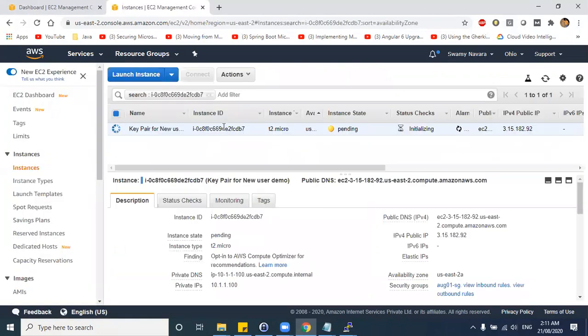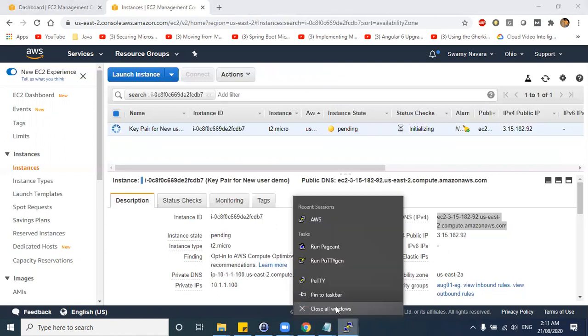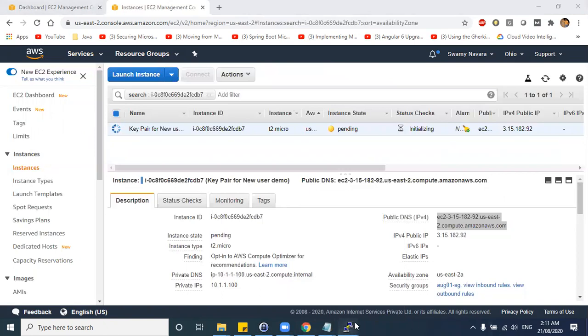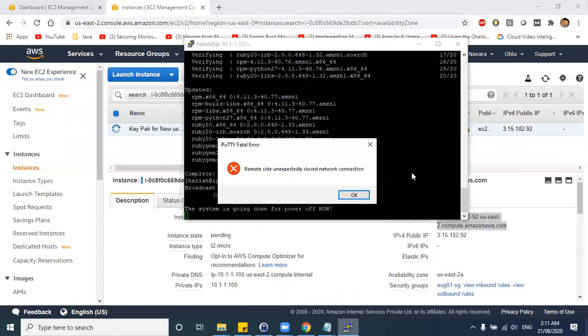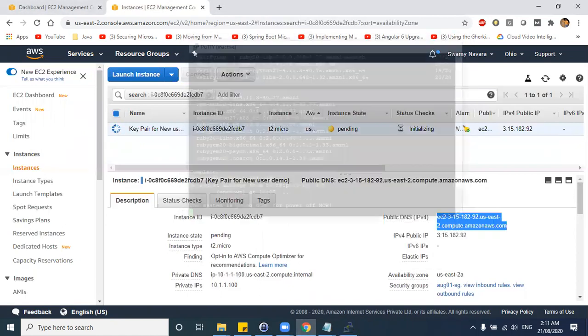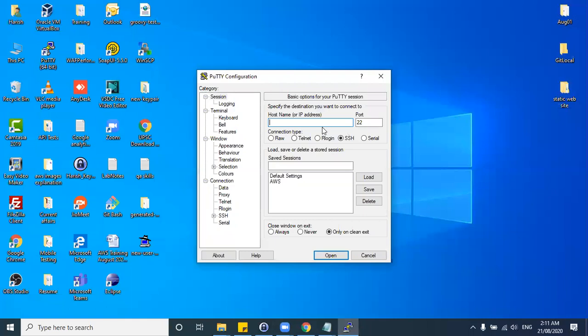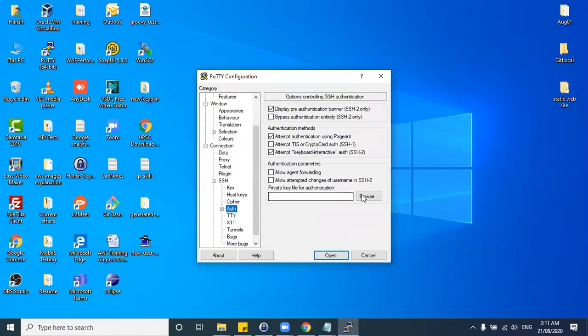After logging into this EC2 machine, I will generate a key pair for a new user. I'll create a user with my name. Let me close the existing PuTTY sessions. Let me select a key pair. August 1st is the key pair.